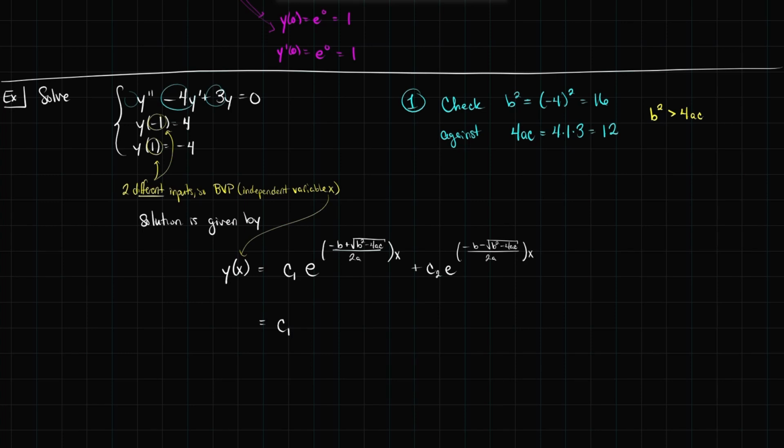And I can go ahead and actually evaluate, because b is -4, a is 1, and c is 3. If I evaluate these exponents, I have -(-4), also known as 4, plus the square root of 16 minus 12. I already calculated those earlier. I'll divide it by 2, times x, plus c2 e to the 4 minus the square root of 16 minus 12, all divided by 2,